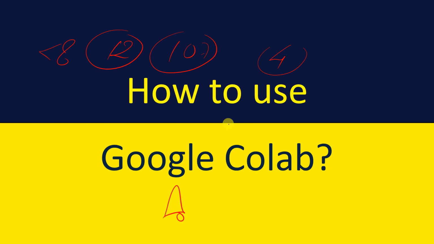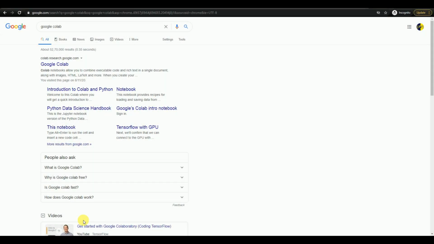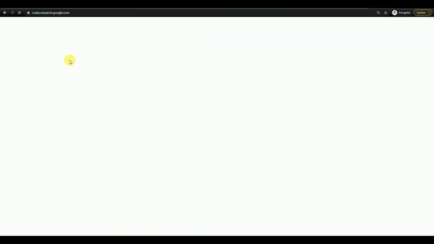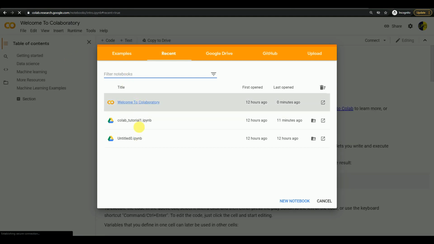So now that has been said, let me take you to the browser and let's start working on Google Colab. To open Google Colab, all you need to do is search Google Colab on your favorite browser, and you can just click the first link and it will take you to this page. Here it will show you all the recent files that have been opened, and if you haven't opened any before, this will be empty for you.